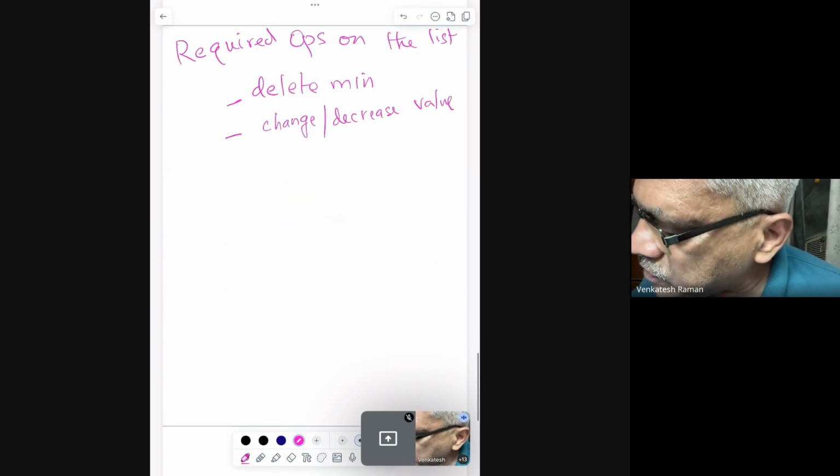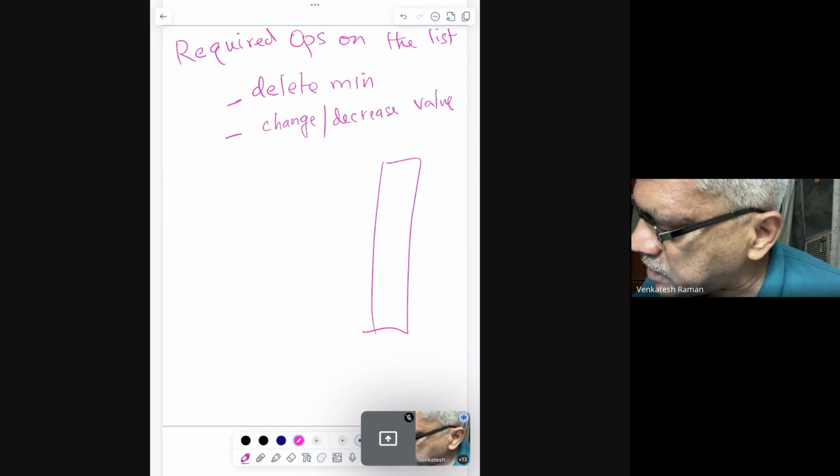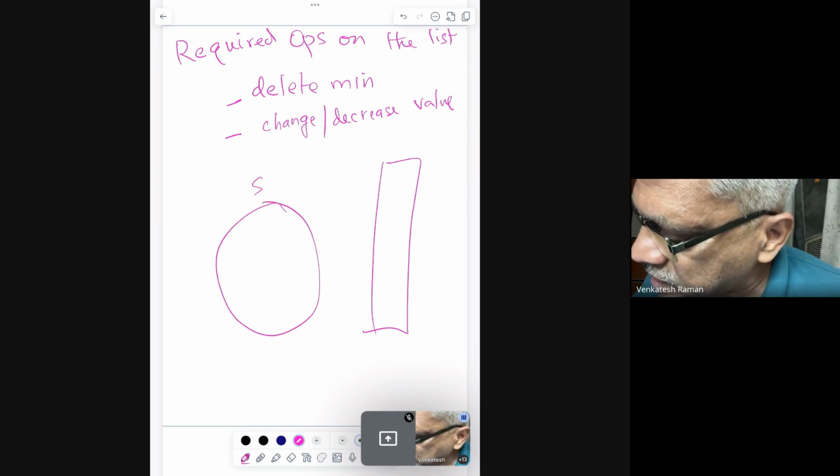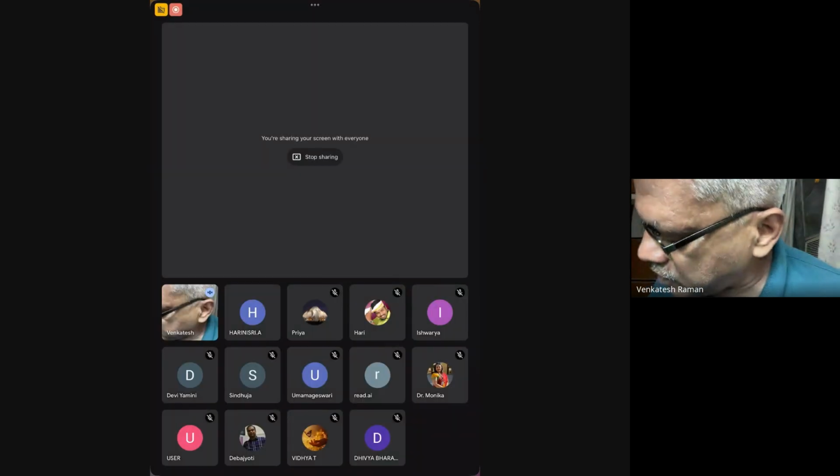Why? Because I have these D values, I have my set S, and I add my